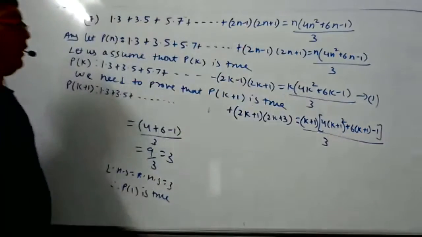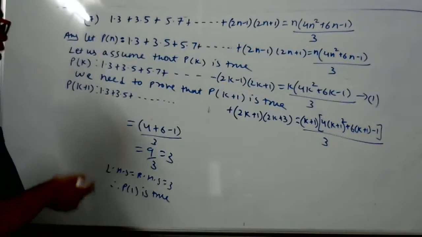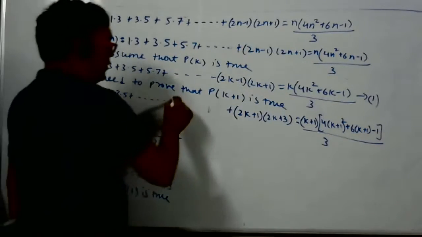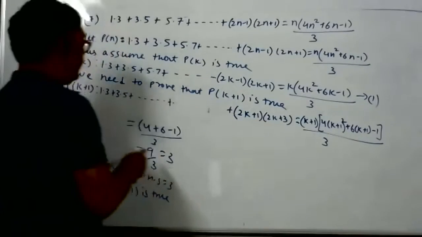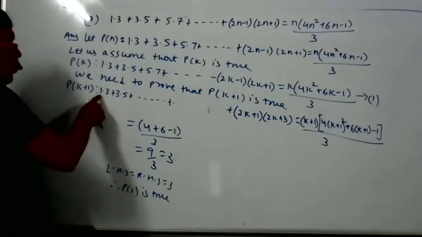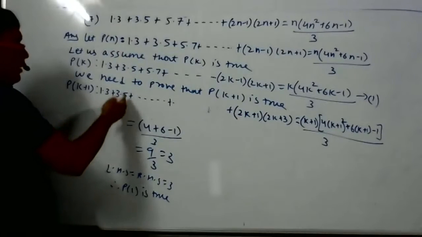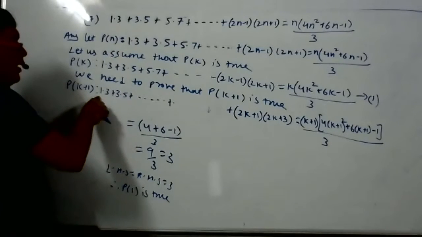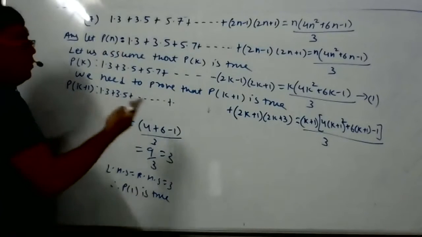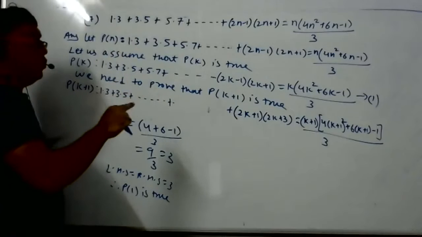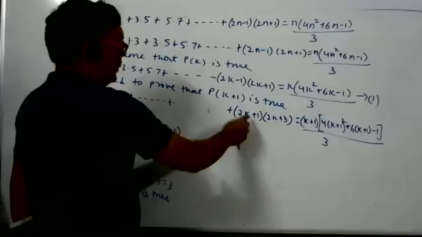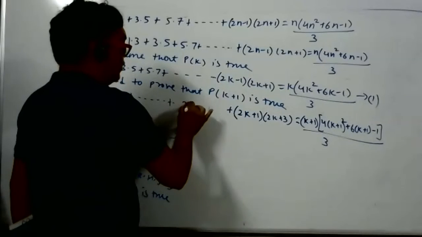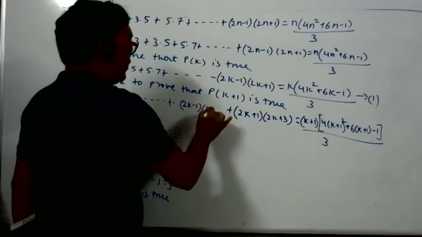This result we need. But as I told you, in P of k plus 1 it is advisable to write one previous term. So what is the previous term of this? See here, 1 into 3, 3 into 5. If you go backwards, 3 changes to 1, 5 changes to 3, meaning there is a reduction of 2. This is the previous term, so subtract 2 from here. Girls, are you understanding? So we get 2k minus 1 into 2k plus 1.